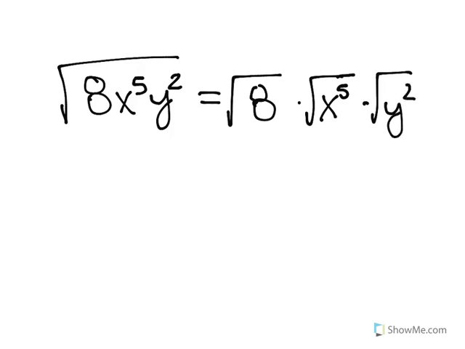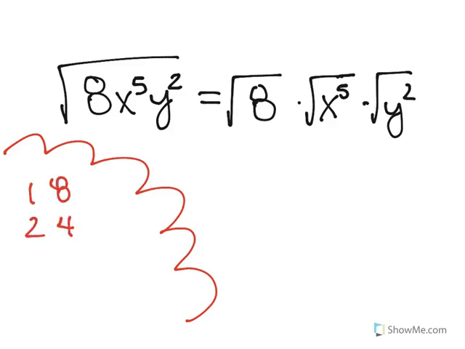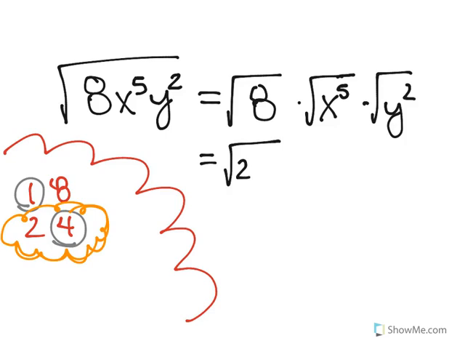With the square root of 8, just a little review on the side here. You're going to list the factors of 8. So you have 1 and 8, 2 and 4. Then you're going to identify which factors are perfect squares. The largest perfect square group will be the pair that you use to rewrite that radical expression. So this will be equal to the square root of 2 times 4 times, now with the variables, we want to